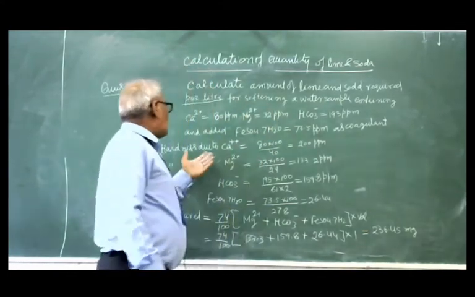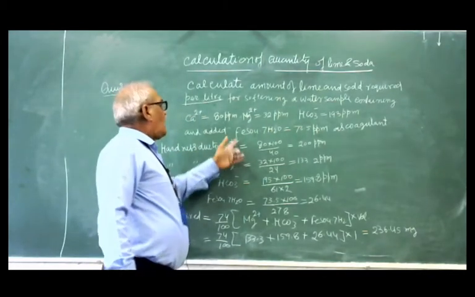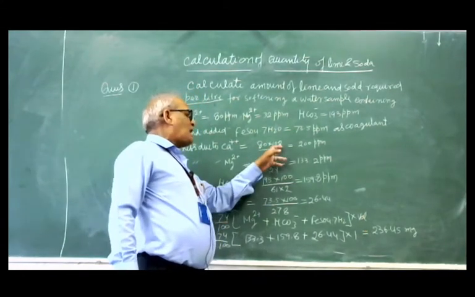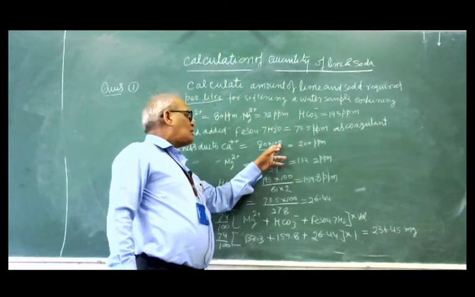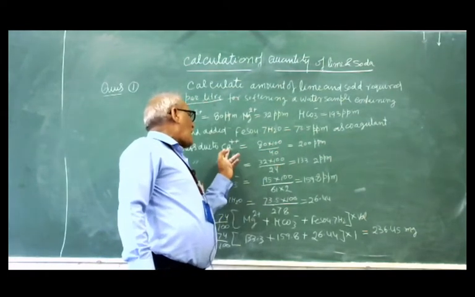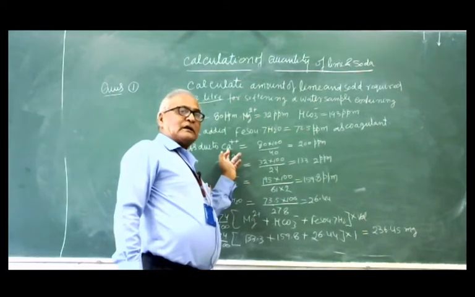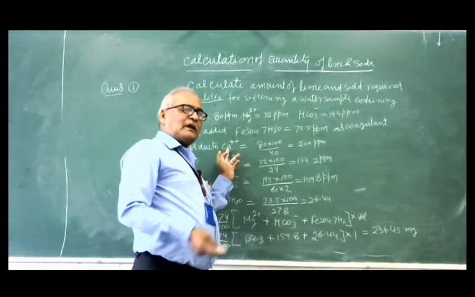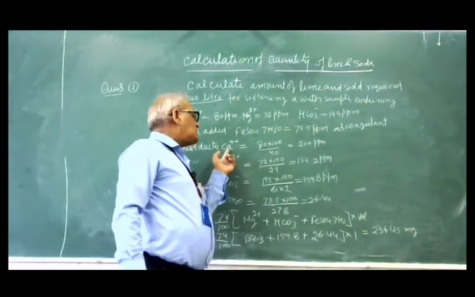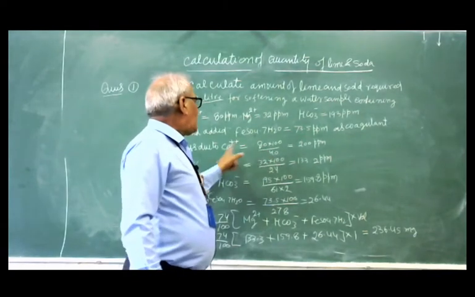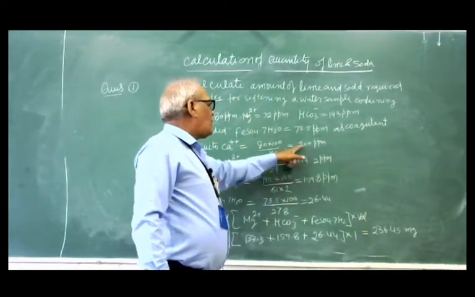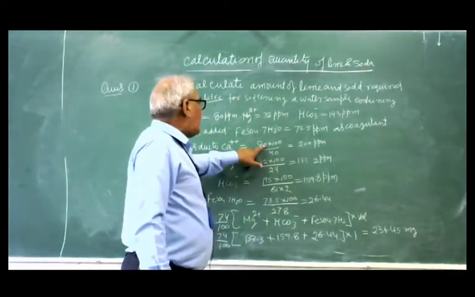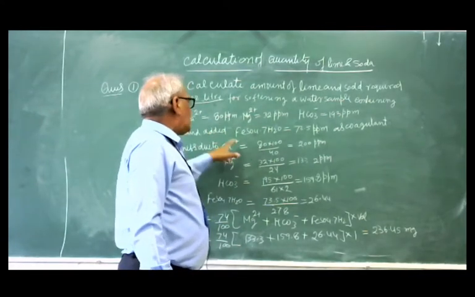So here, how to calculate this? Simply you calculate the hardness created by calcium ion. This is the amount of the calcium ion dissolved. So amount of the calcium ion multiplied by 100, the molecular weight of the calcium carbonate, divided by the atomic weight of the calcium. We don't know which salt is dissolved. Simply the concentration of the calcium ion is given. So you put here the atomic weight of the calcium and calculate, you will get 200 ppm. This much hardness can be created by dissolving 80 ppm of the calcium ion in the water.